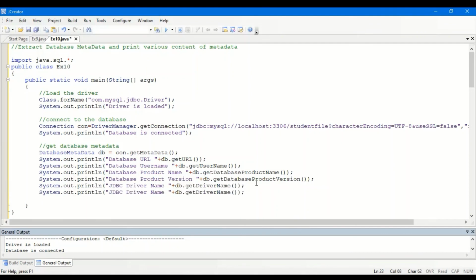Let me copy it. The next one is the JDBC driver version. So driver version. And the next one is driver major version and minor version.